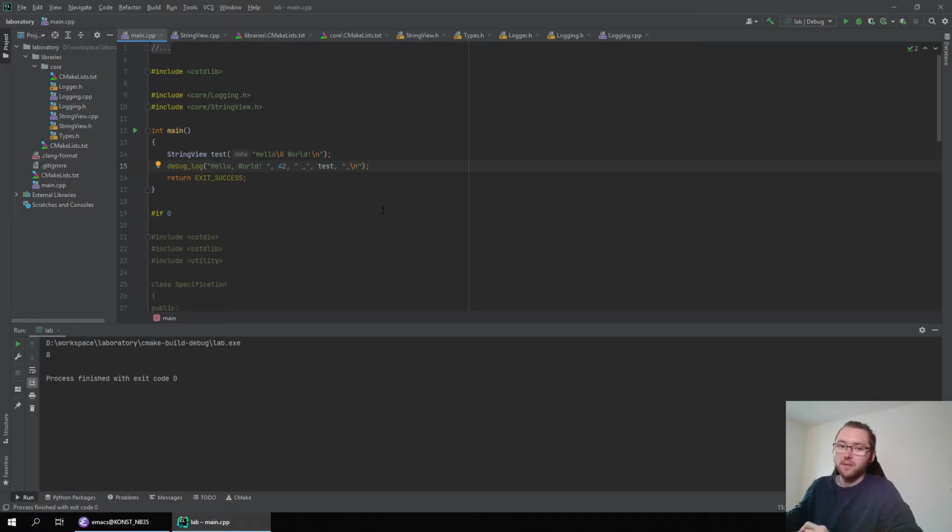And we also implemented a very basic string view class. Currently it has no real functionality, but we will add it, just to stub it out, so that we don't have to work with const char pointers everywhere. I mean, not all the way, of course.